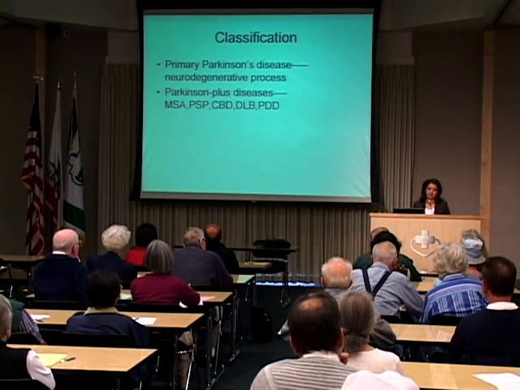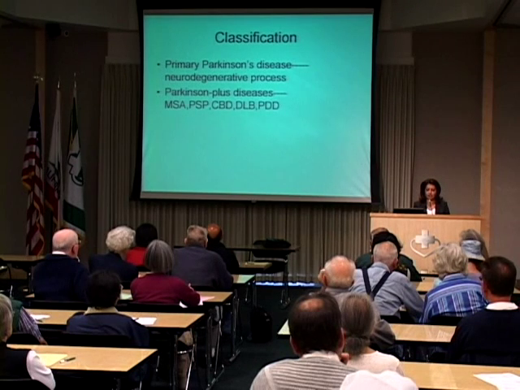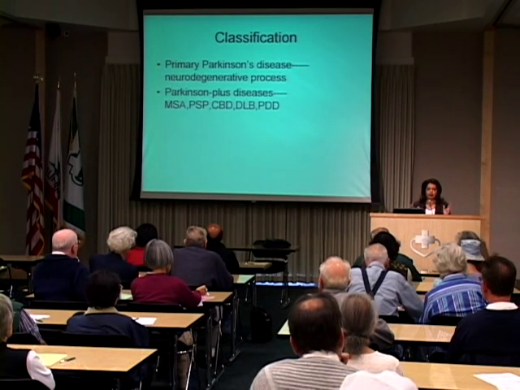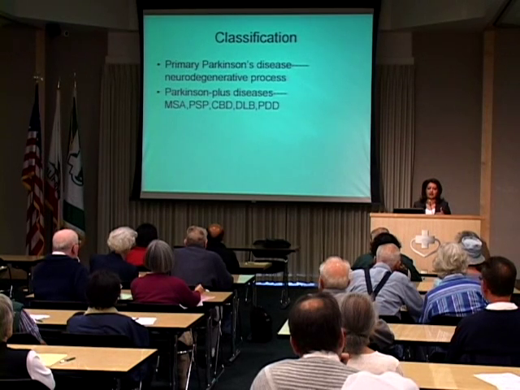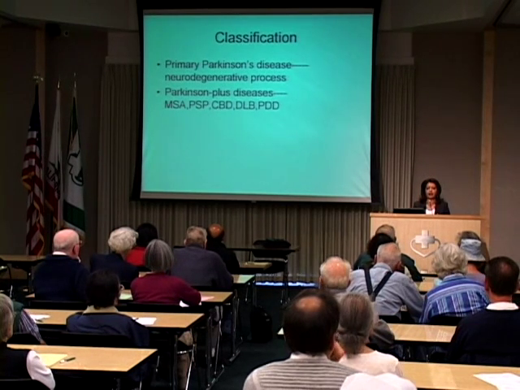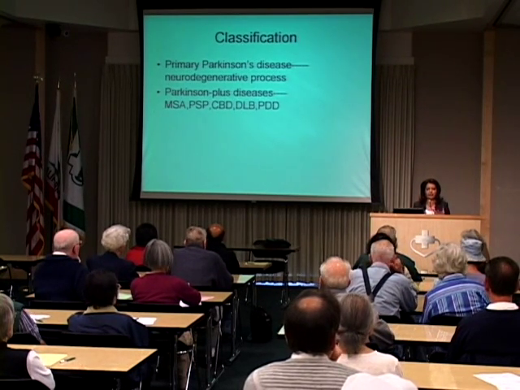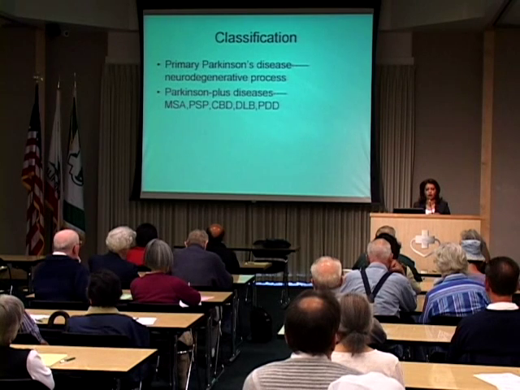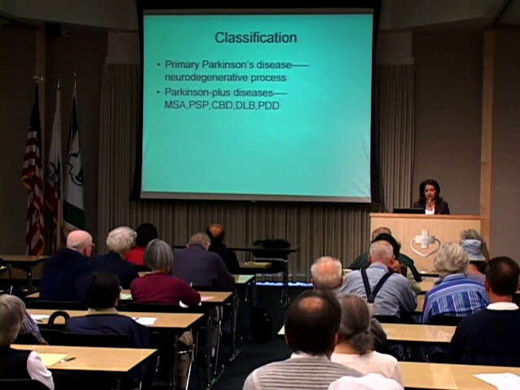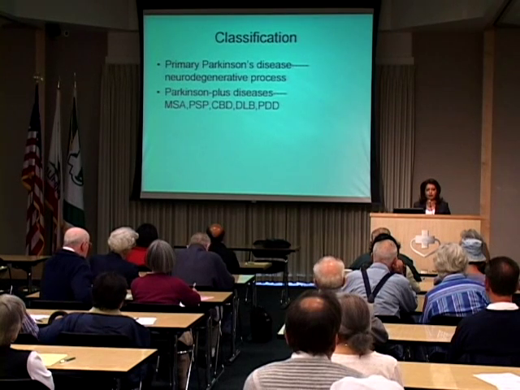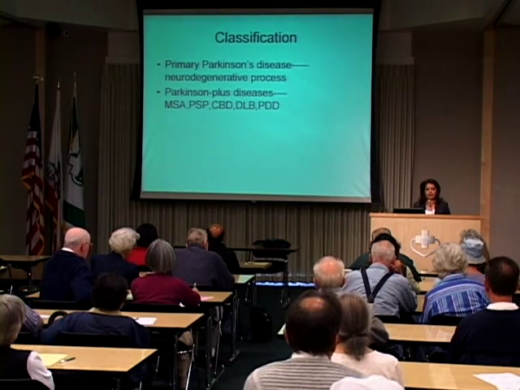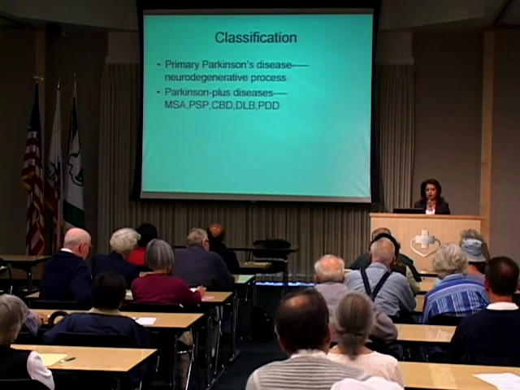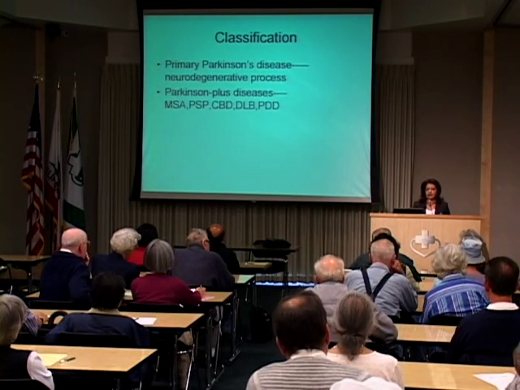When we classify Parkinson's disease, there are different kinds of classifications. The first is considered primary Parkinson's disease. That means there's a degeneration going on in the brain. Degeneration means the cells in the brain are not functioning well, or they're reduced, or they're dying for some reason. So they're not producing a certain kind of hormone, or we call them neurotransmitters, in the brain. In the case of Parkinson's disease, it's called dopamine. So there's a lack of dopamine in the brain because there are not enough cells to produce dopamine. So Parkinson's disease is one of the primary degenerative disorders.